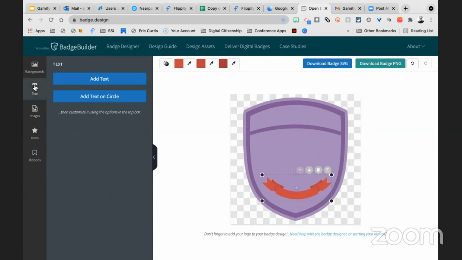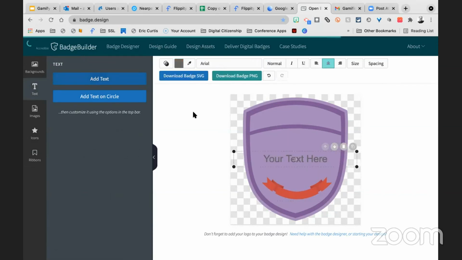And then I'm going to go through and add some text. This is so easy, I'm telling you. I want to add text. And I'm just going to put, this is going to be the Gamification Award. But yeah, if you're doing something with reading or multiplication, or if you are learning your states, I mean, just anything. But this is a very quick way, especially with everything being so digital.